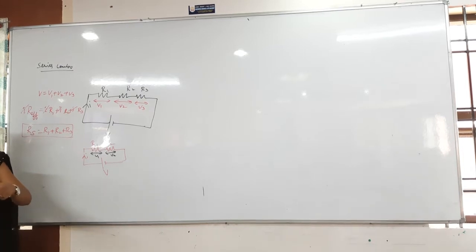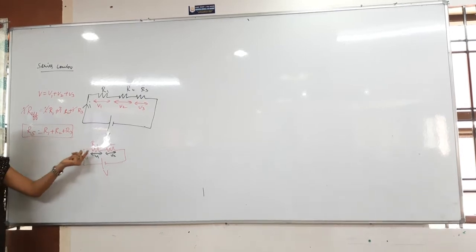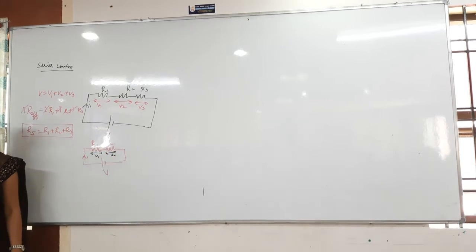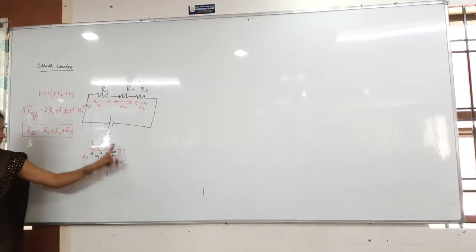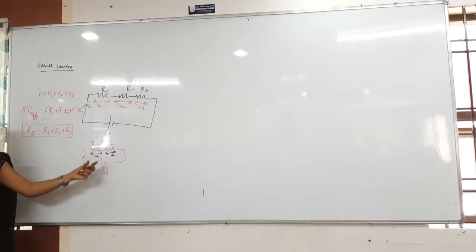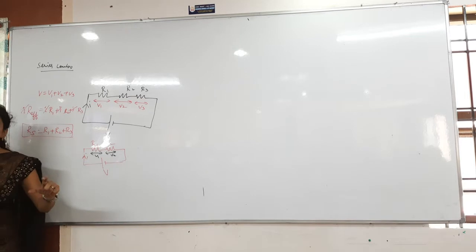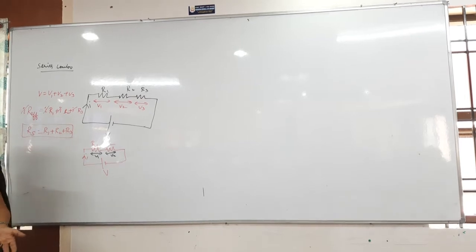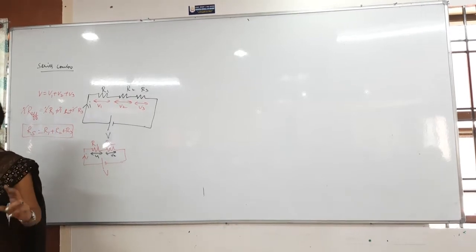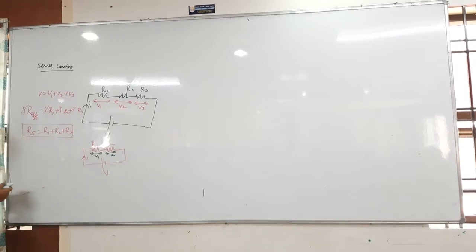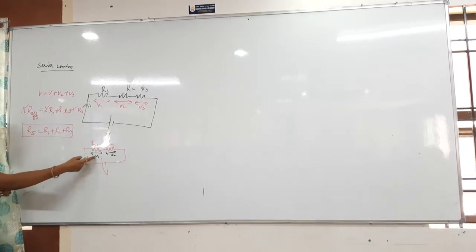I am asking to find out V1, the voltage across the resistor R1, and the voltage across the resistor R2. Individual voltages are different, but the total together is V. Individually it is V1 and then V2. In series combination you have to find out the individual voltages. In parallel combination you have to find out individual currents. Okay, so everybody knows till here. Let us find out the V1 value.